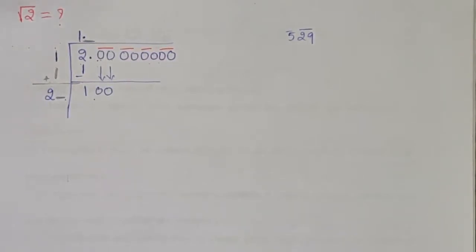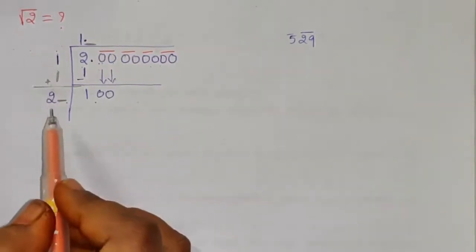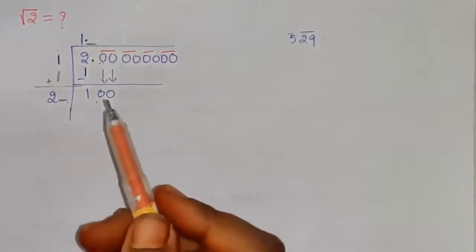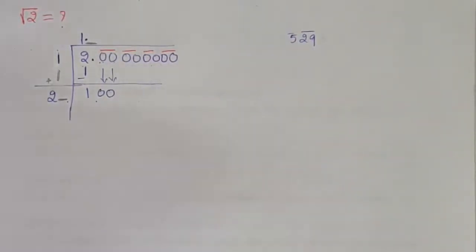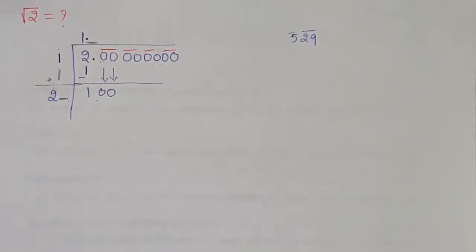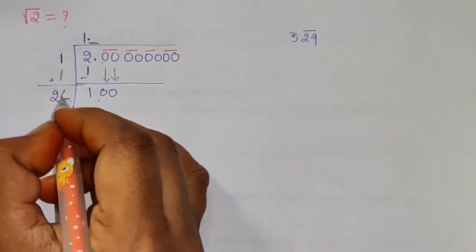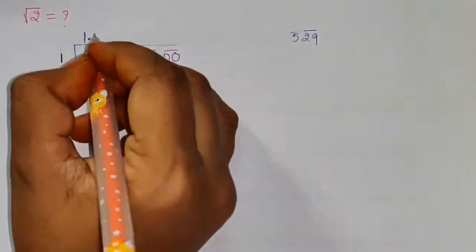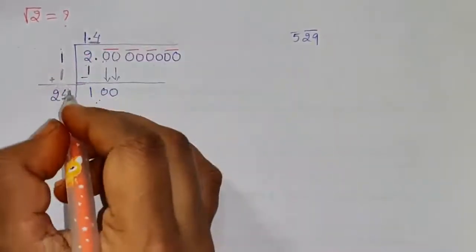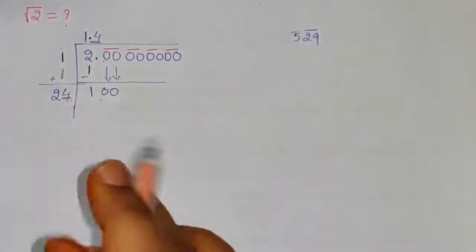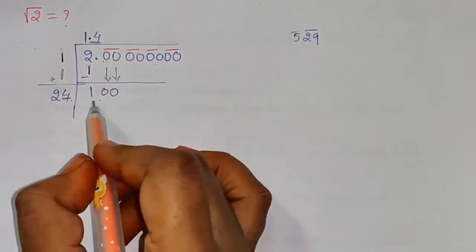So in the 20, you need to check from 21. 21 ones, 21 itself. 22 twos, 44. Like that, when you check it, 25 fives, 125. That is exceeding 100. So I am taking 24 fours, because whatever the number you are taking in the divisor, it should be taken in the quotient also. So it should be less than the number which we are having here.